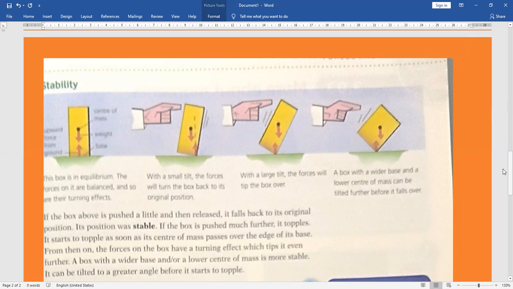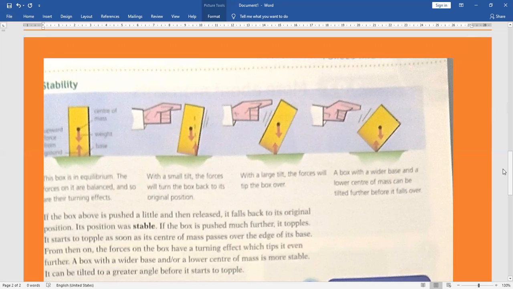थोड़ा सा आप हिलाओगे तो ये क्या करेगा? वापस अपनी पोजीशन पे आ सकता है। With a large tilt, the force will topple the box over. अब अगर ज्यादा करेंगे तो फिर ये वापस अपनी पोजीशन पे नहीं आएगा।